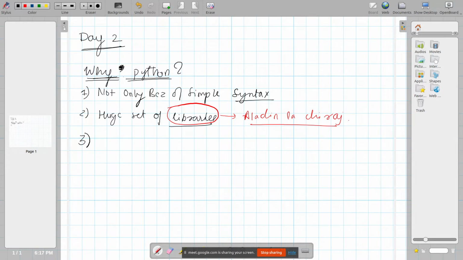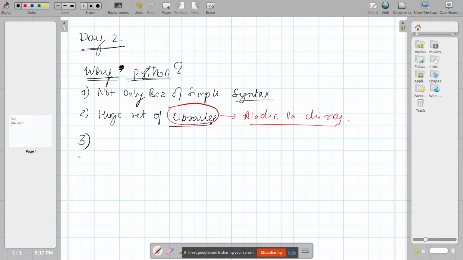That huge set of libraries are there. You don't have to write much code yourself. You tell me what you want to do in Python, I'll tell you a library. A library is like Aladdin ka chirag, which I told you, and you just ask in front of that chirag what you want, and it will give it out. And you have to just write simple two lines of code to ask, hey, I want this one, then it will give you that. So just one line to ask and one line to get, that's it, okay? Something like that we can consider.